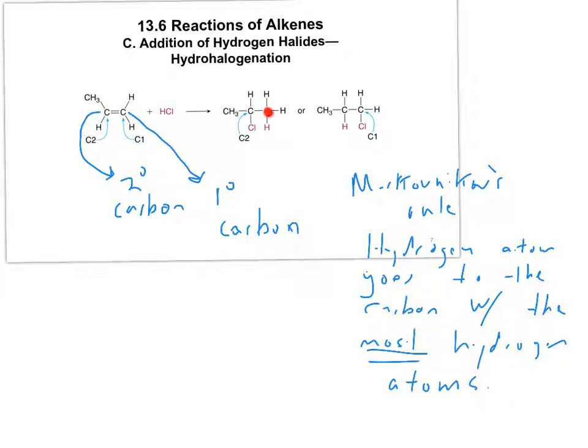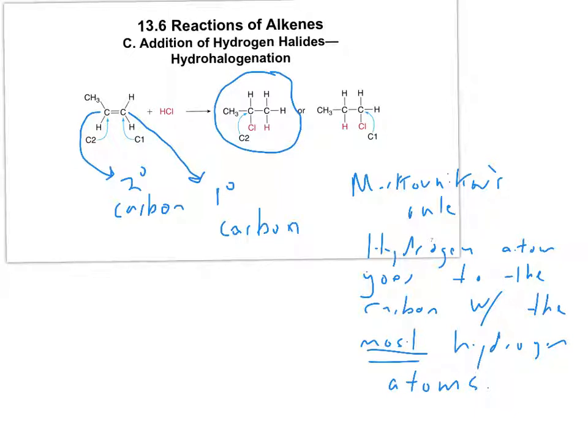In this product, the hydrogen went to the carbon where there was the most hydrogen atoms. So 1, 2, 3. Look at the other possibility, 1, 2. The more favored product is this one, because the hydrogen atoms obeyed Markovnikov's rule. Now, why that is,